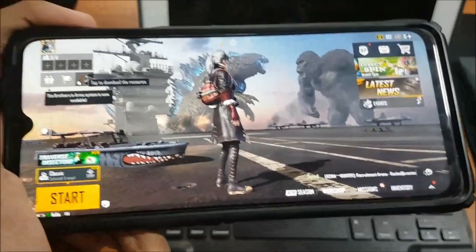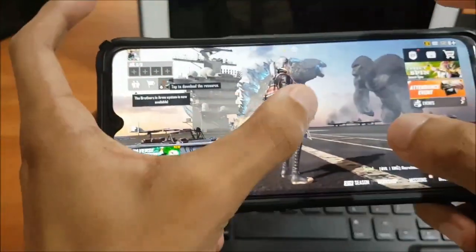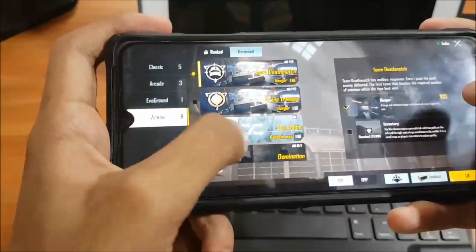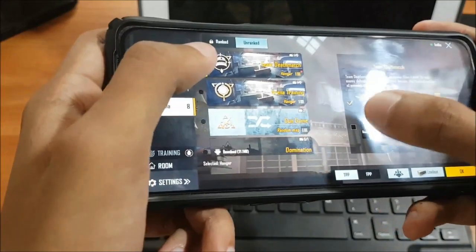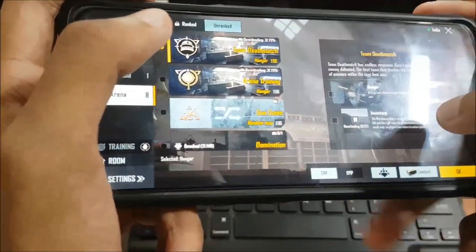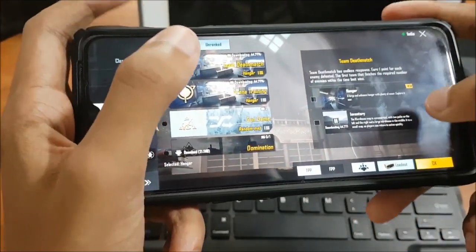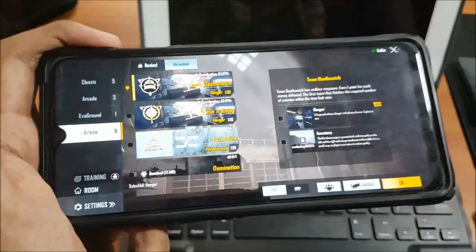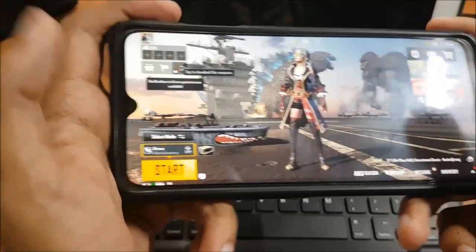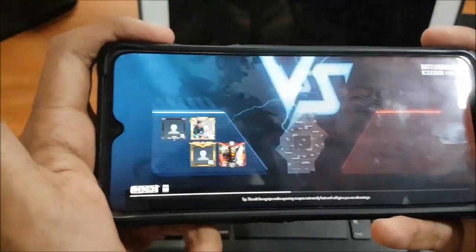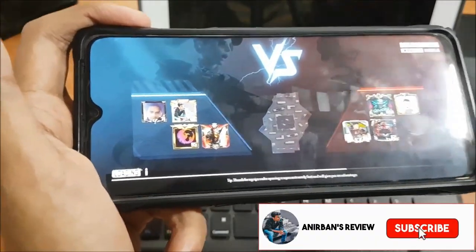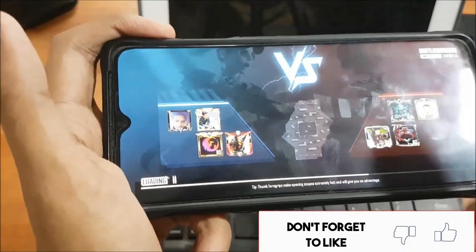Let me show you the last thing, that is whether it is playable or not. Let's start by doing an arena match. These maps are not even downloaded, so I need to download them first. Okay, let us play an inventory match, and let me show you that it actually works. The interface is completely the same, there are no differences whatsoever. You have to click on OK for now, and let me click start. As you can see, the game started, and there is no lag, no reloading, no VPN used, everything is right.